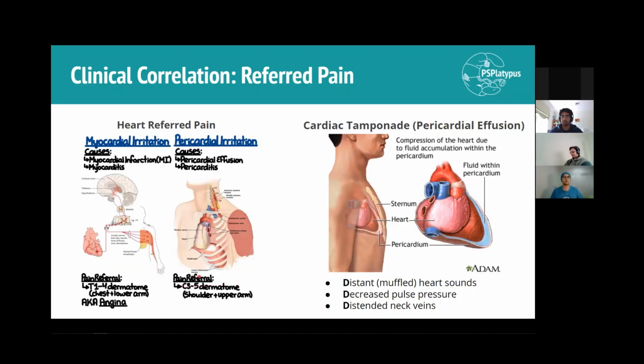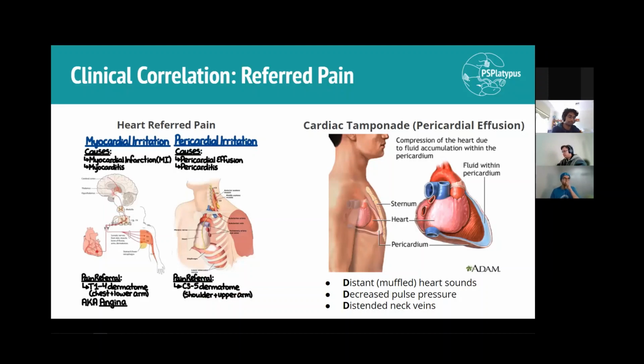So when that happens, we're going to have the phrenic nerve being irritated, because if you remember, the phrenic nerve is the one innervating the fibrous and parietal pericardial layers of the heart. And so if that's irritated, the phrenic nerve corresponds to the C3, 4, 5 dermatomes. You've probably been hearing that over and over again in your lectures. C3, 4, 5 keeps the diaphragm alive because it's also innervating the diaphragm. But if you have that irritated, you actually have more of a shoulder and upper arm sort of pain, which is why